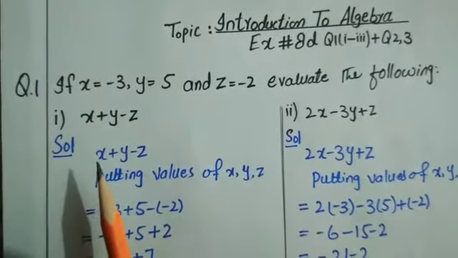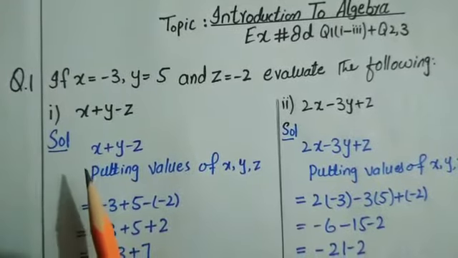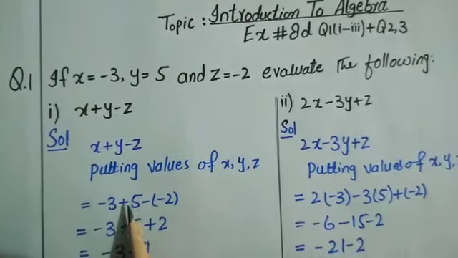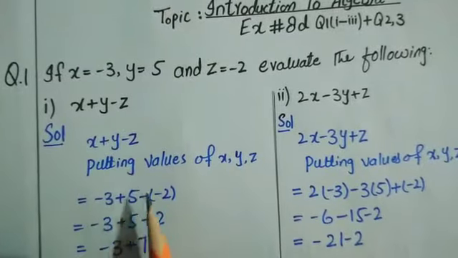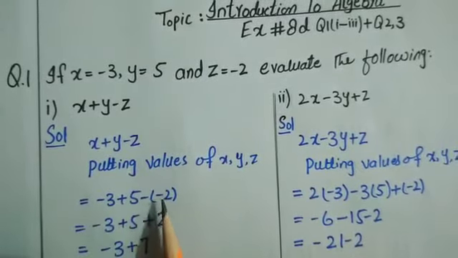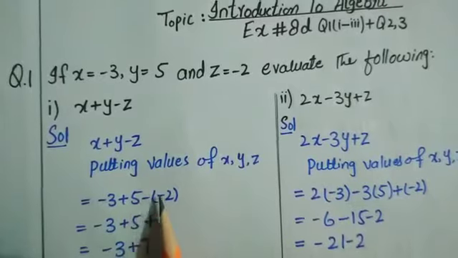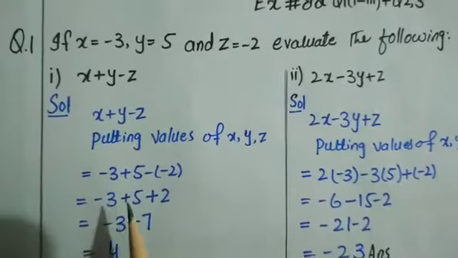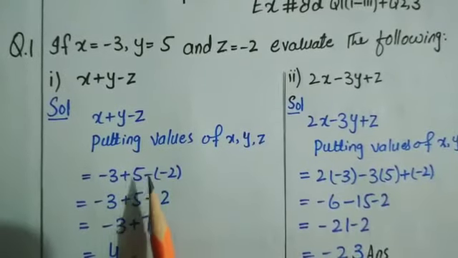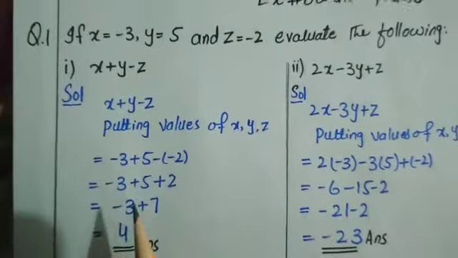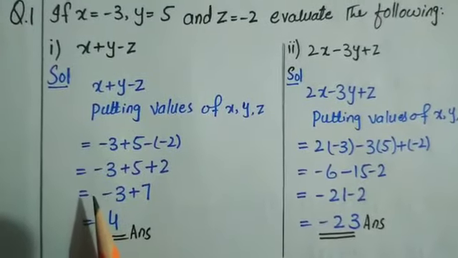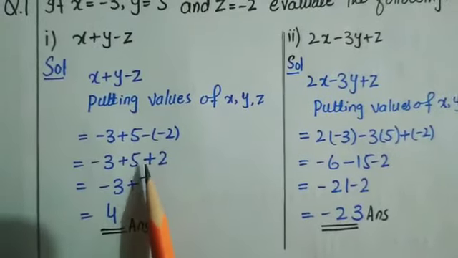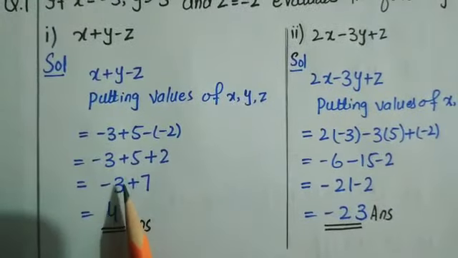The value of x is equal to -3. There is no sign, so as it is right here. Plus y is equal to 5, so we write here plus 5. Negative z, and the z value is -2, written in bracket form, because this negative is multiplied. Further we solve -3 plus 5. Open the bracket, negative times positive, so write here negative. Further, -3 and -2, both values have the same sign, so we add these values. 2 plus 5 is 7, so write here 7.